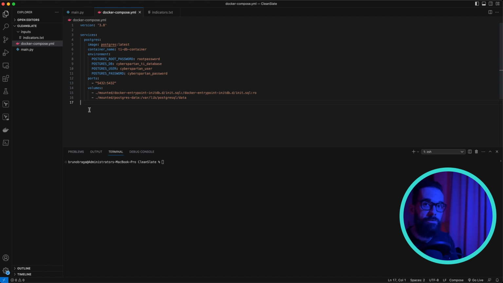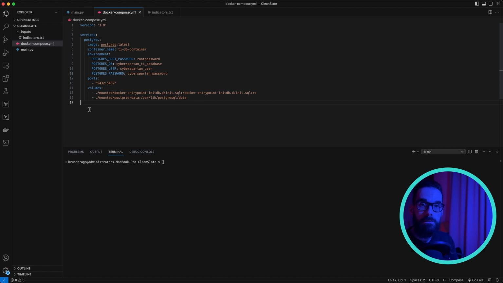The notation to declare volumes can be a bit convoluted, but it's relatively simple. The multiple components are separated by a colon, starting with the first component called the source. And the source is the path for the file or the folder locally on your computer, not inside the container. The second component is the destination. To which file or directory is the mapping going to be made? And finally, optionally, as with the first example, you can choose what kind of access the container will have to this volume. In this case, I want the access to be read-only